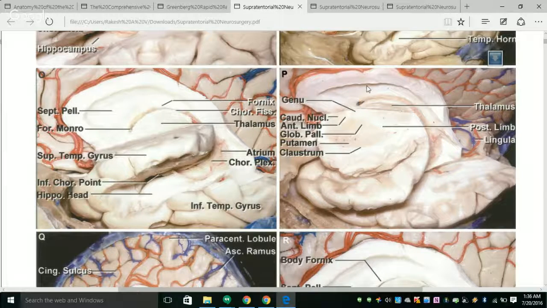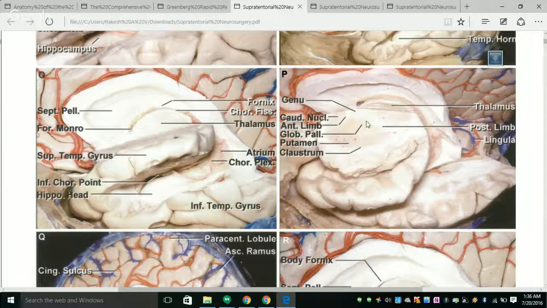The central core of the hemisphere, the area between the insula laterally and the ventricles in the midline, includes the caudate and lentiform nucleus,